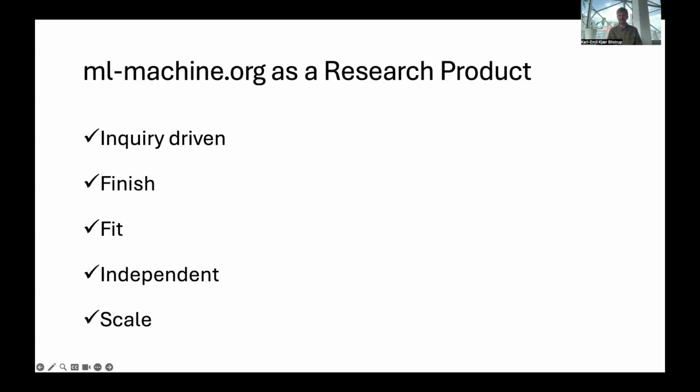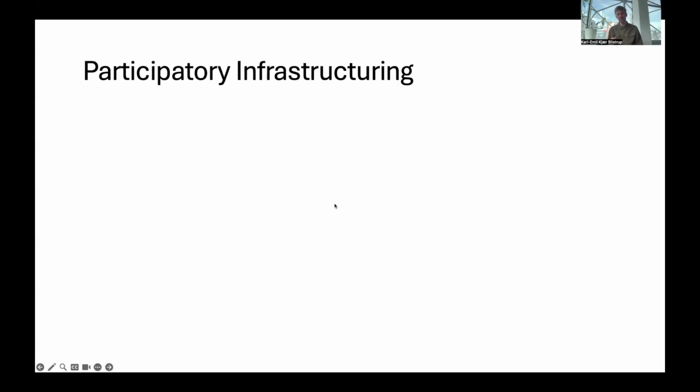mlmachine is designed to scale through a scalable software architecture and using technology and materials commonly available in classrooms. It is stateless from a server side, so it scales with low-cost servers. However, these qualities do not cover a significant contribution to mlmachine's success. The backstage design work with our strategic partners to integrate the system into existing educational infrastructures. To articulate this backstage work, we draw upon concepts and insights from participatory design and in particular participatory infrastructuring.